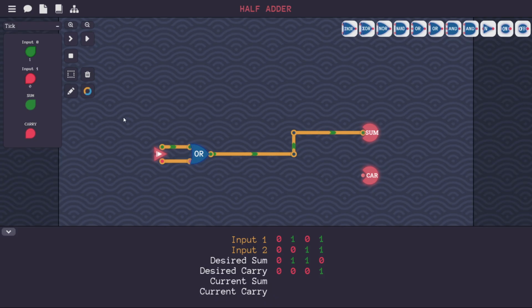And also 0 plus 1 still gives us the same, which is okay. And 1 plus 1 should give us 1, but